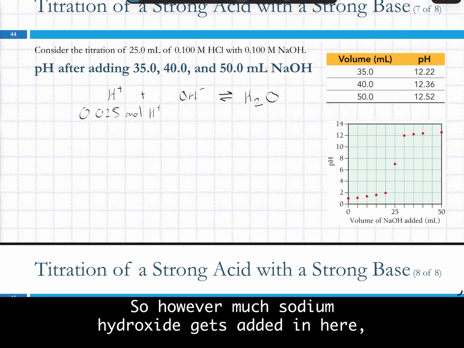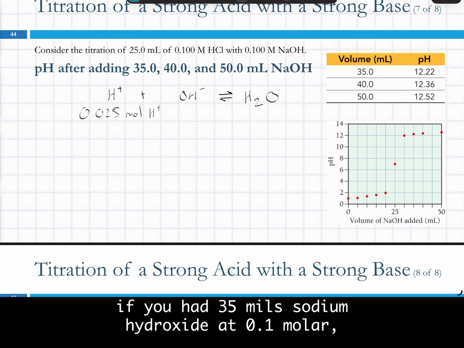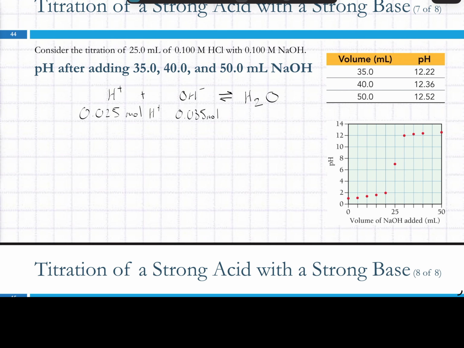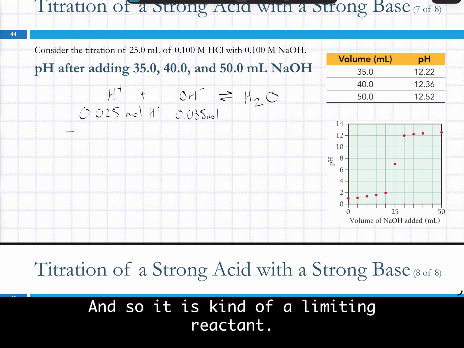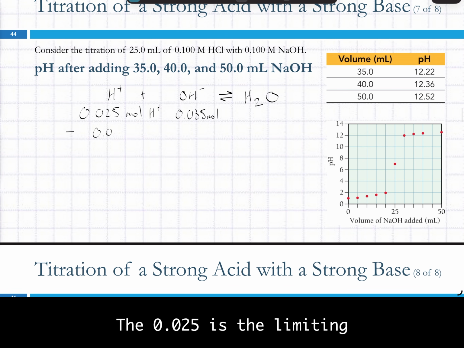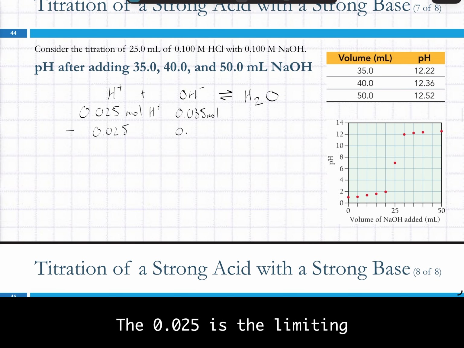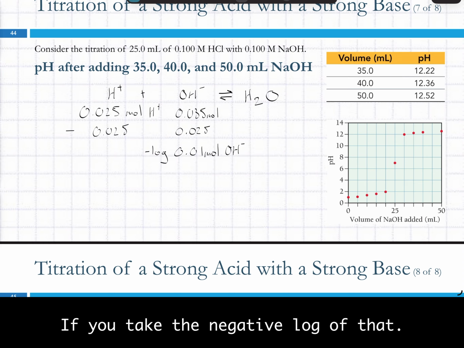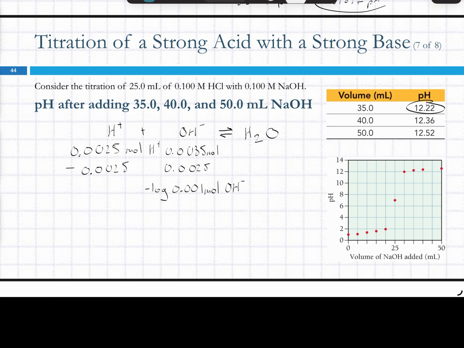So however much sodium hydroxide gets added in here, if you add 35 mils of sodium hydroxide at 0.1 molar, this is going to be 0.035 moles. And so it is kind of a limiting reactant. The 0.025 is the limiting, which leaves me with 0.01 moles of OH minus. If you take the negative log of that,